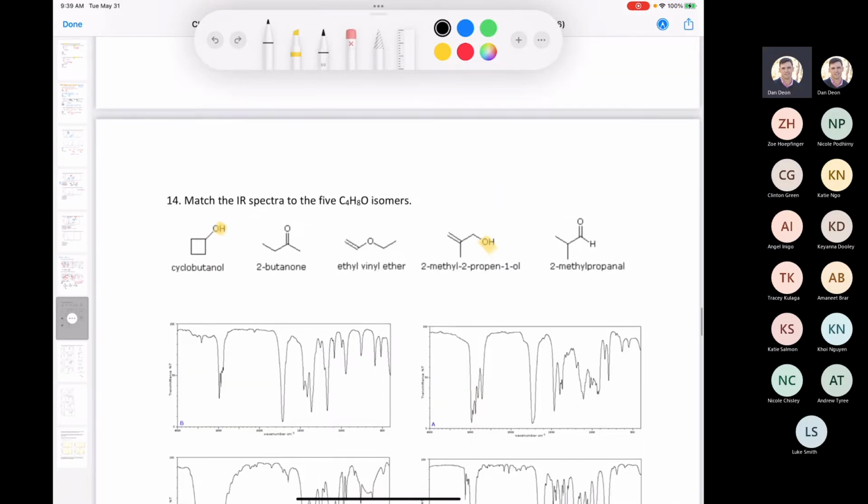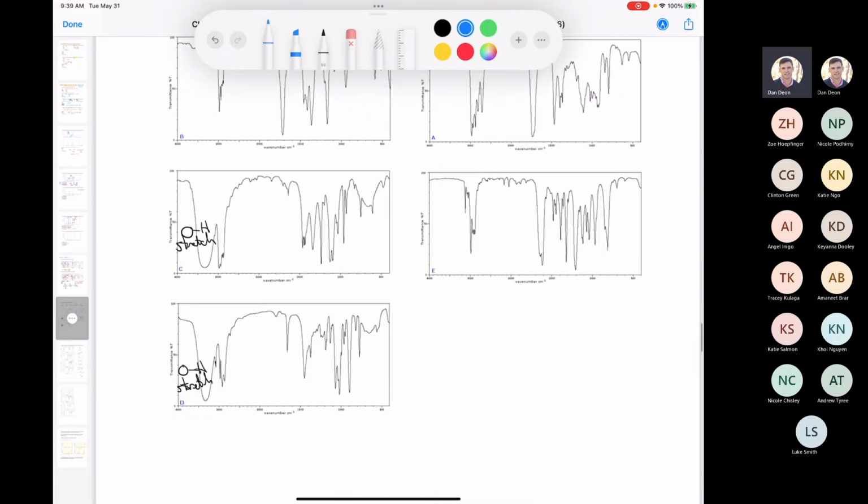Well, the cyclobutanol has no other functional groups. However, in this other compound, we have carbon-carbon double bond stretching, and then we also have sp2 hybridized carbon-hydrogen bonds. And if we look at the first one, if I put the ruler here around 3000, so let's do it here, and then we'll do it here, and I look at both of those,